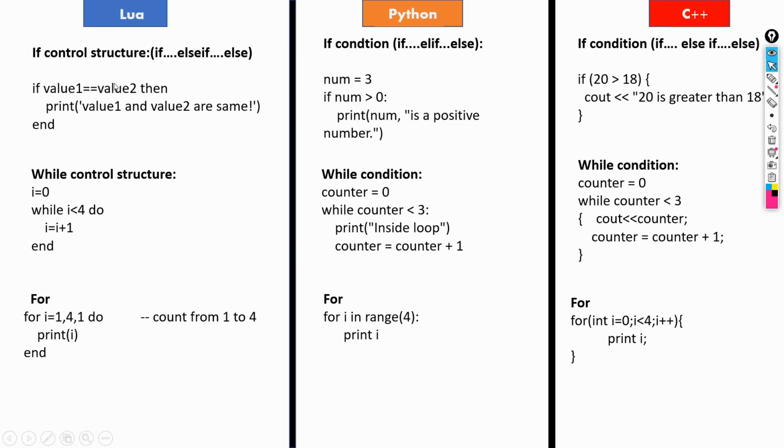Now next we will talk about conditional statements. If you see the conditional statement here, also notice the syntax. Firstly, let's see the C++ syntax. Look over here, there are brackets that we use. In C++, we use brackets and semicolons. In Python, this is the change: we use this kind of parenthesis.